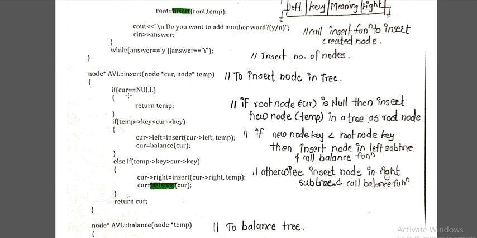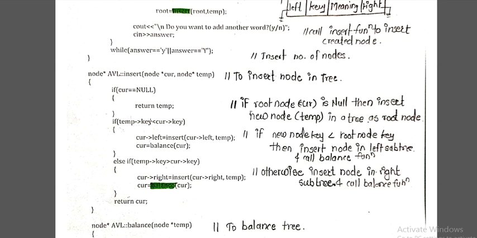So here we are inserting the temporary node. Initially we check whether my current node is empty, that is null, meaning there is nothing in the tree. Then we return temp, meaning temp gets inserted there, so make temp the root node. Otherwise, we have to check whether the node I want to insert is greater than the key of the current node. Initially the current node will be the root node. If it is not matched, then it will search on the left or right likewise.